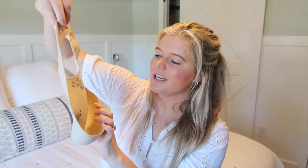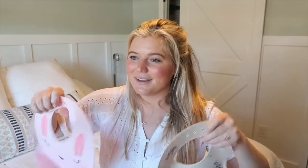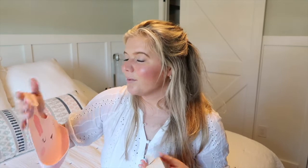The next thing that we love from Amazon are silicone bibs. I have this one. This is from the brand Mushy. This one's super cute, but honestly, we also have this one from Target. I just wanted to bring both of them. So you can get them off Amazon, but they have them other places too. We really like these. These are awesome. When you're feeding your baby, at least what I have found is that